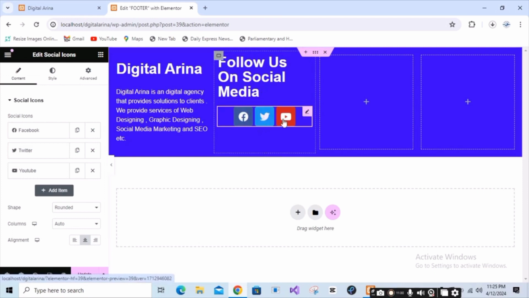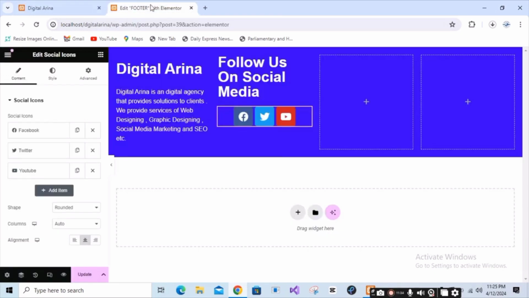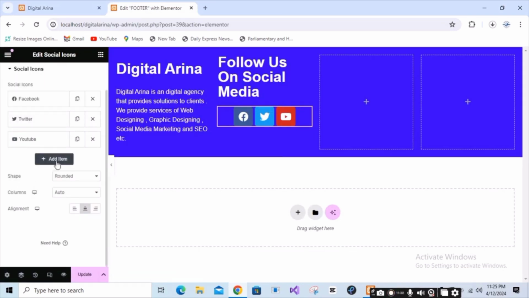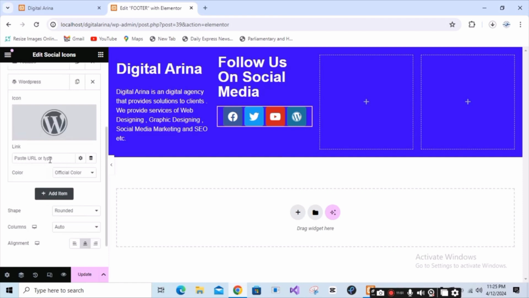There are 3 icons by default, and here we are using 4 icons. To use 4 icons, just click over here on add menu, add item. This will increase an item for you. These social icons are by default empty. Their URL is empty. You can add any URL here, like I will use